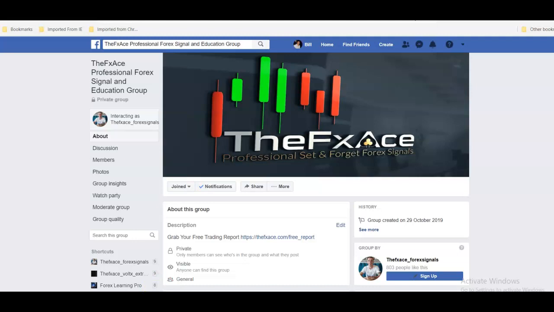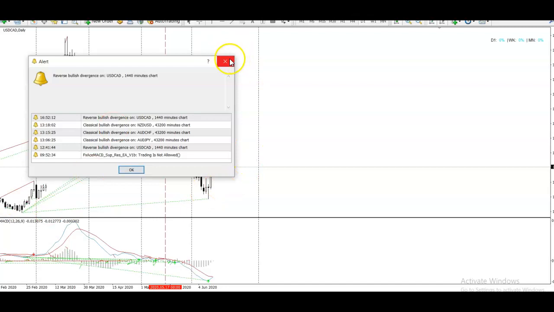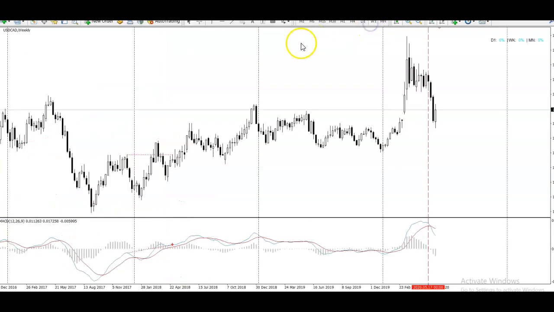So this week's free trade setup, free set and forget, is going to be on the USD Canadian dollar. I'm just going to open up the chart here, and I'm going to explain the trade that I'm looking to get in at. I'm looking to actually sell this pair. And the reason being is you can see we broke out of this